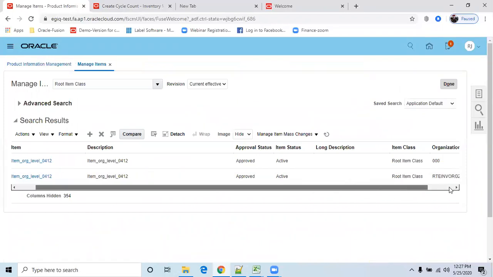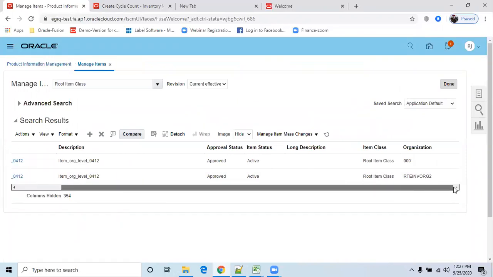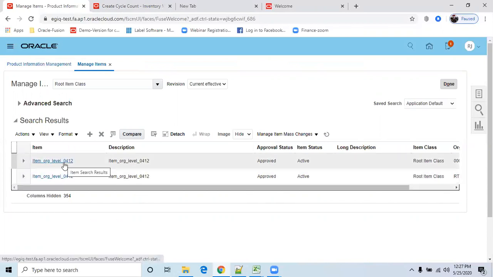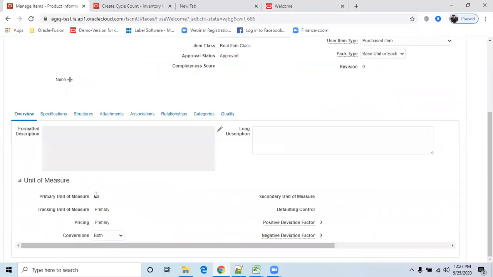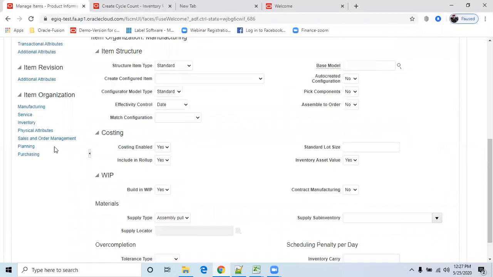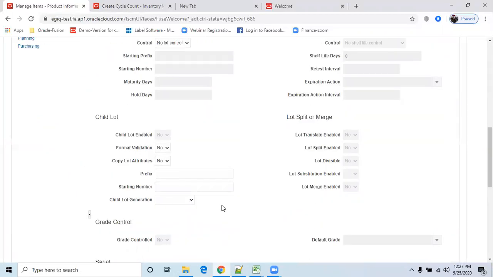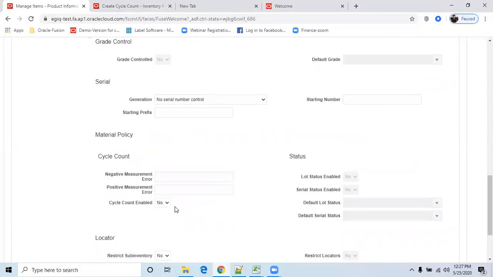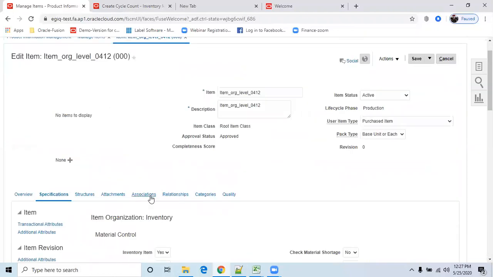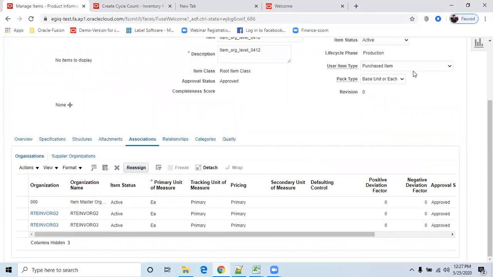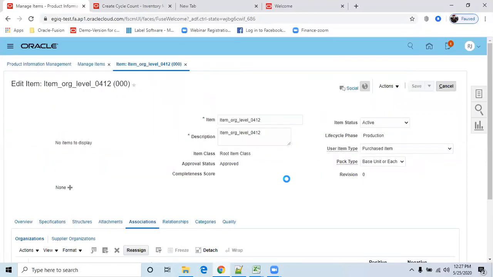Okay. This is inventory org 2. So go to specifications, inventory, cycle count as S, go to associations, click on save.